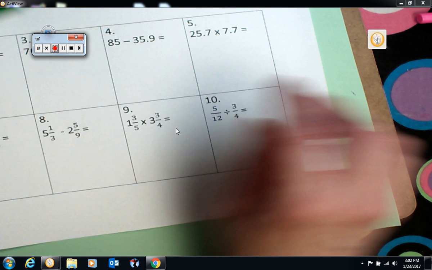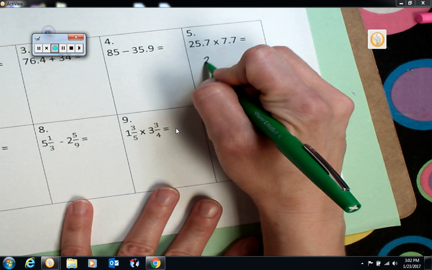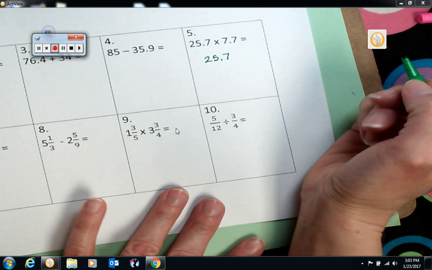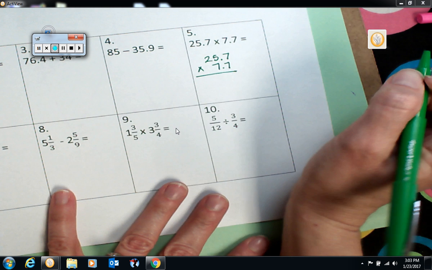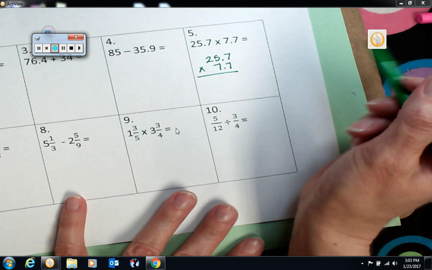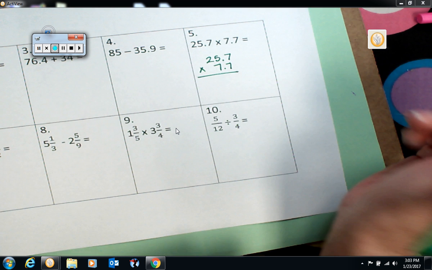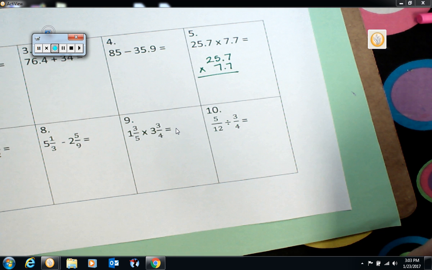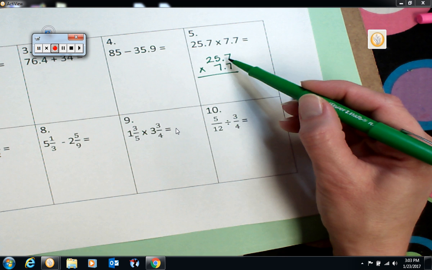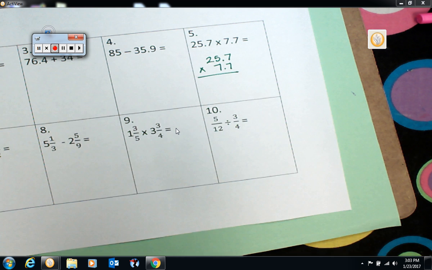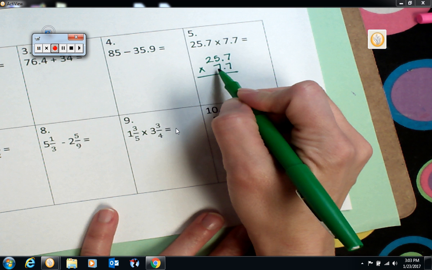On number 5, that's asking us to multiply decimals. So a couple of things to remember. When I set this up, I'm going to multiply 25 and 7/10 times 7 and 7/10. And when I do that, I don't necessarily need to line up my decimals. In fact, we remembered to push them back, way back, to help us remember we don't line up the decimals. However, on a question like this one, they do line up because these decimals are both written to the 10th place, and that's okay. Once I set it up like this and push these numbers all the way back,